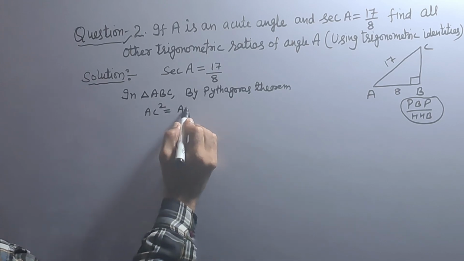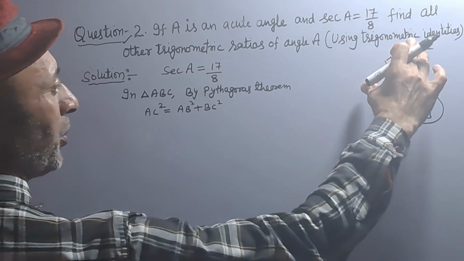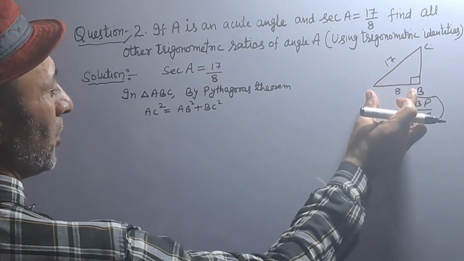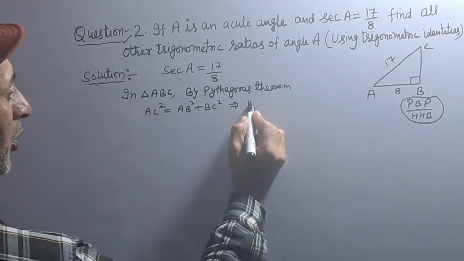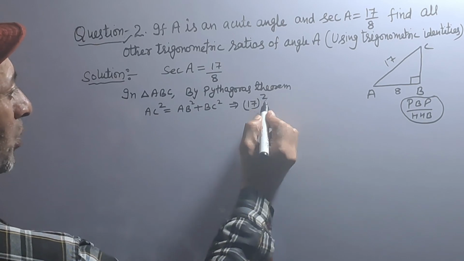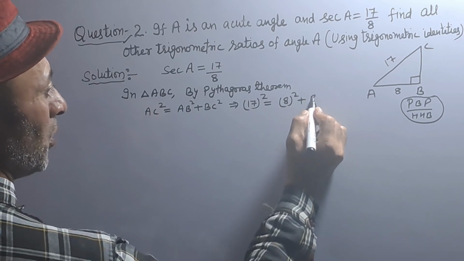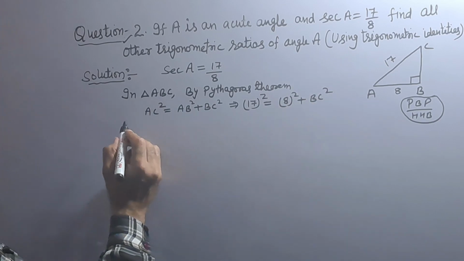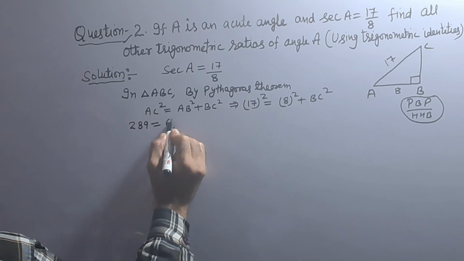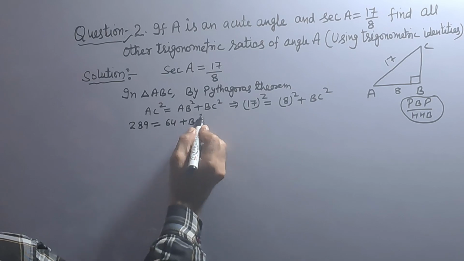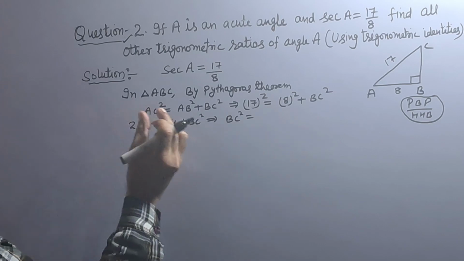AC square is equal to AB square plus BC square. Hypotenuse square is equal to base square plus perpendicular square, which implies hypotenuse is 17 raised to power 2 and AB is 8 raised to power 2 plus BC square. 17 raised to power 2 is equal to 289. 8 square is 64 plus BC square, which implies BC square is equal to, shifting left side,